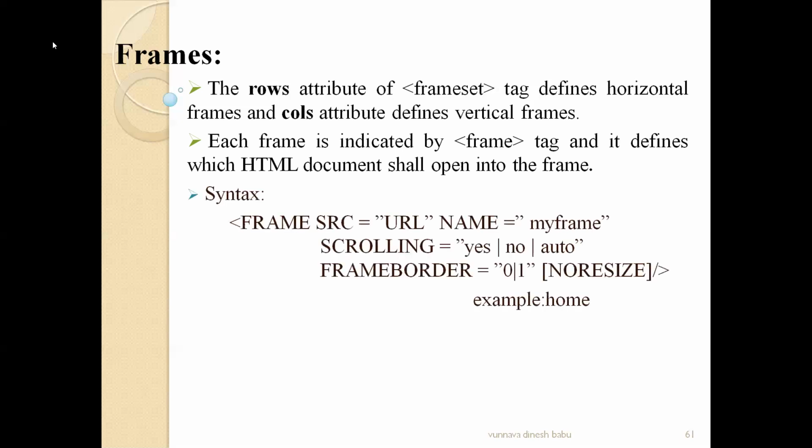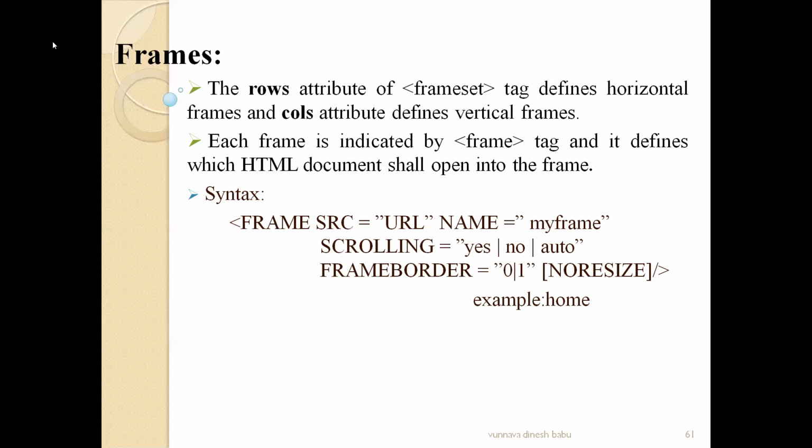And coming to the syntax of the frame, we all know how to insert images into HTML. We have already studied it in the sessions before. So if we want to insert an image into an HTML document, we are going to use a tag called the IMG tag. So the IMG tag is used to insert an image into HTML. But a single IMG tag is not enough to insert an image. For that IMG tag, we have to use one attribute in order to display some image on the web page.